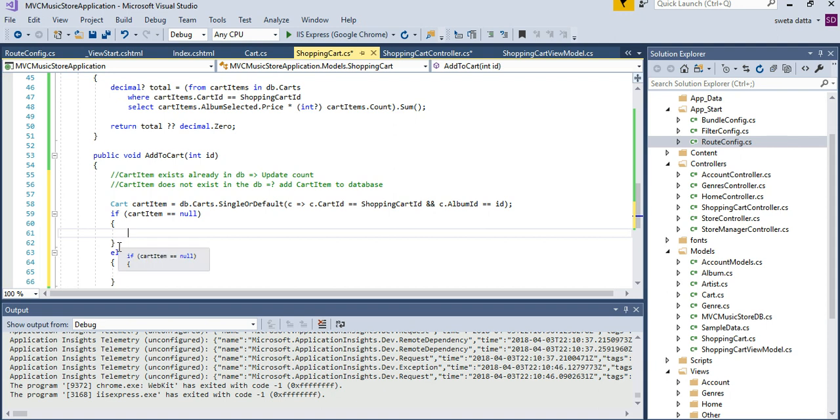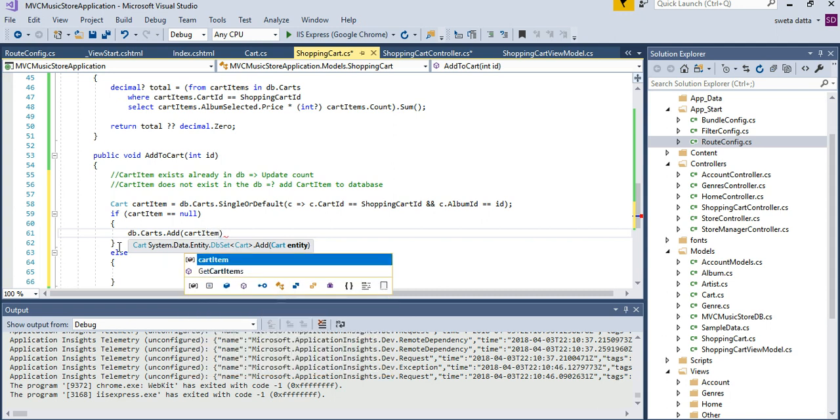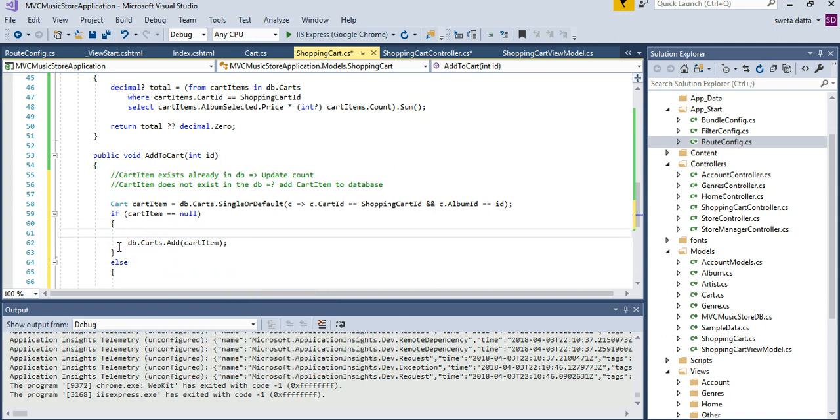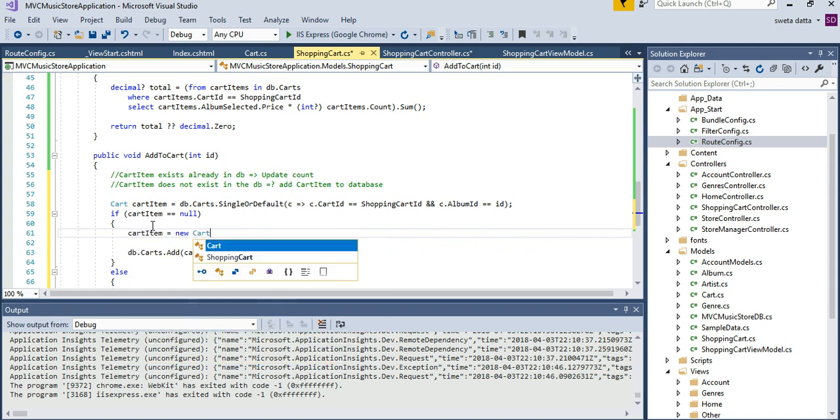So I have to say database.carts.add cart items, right? But before that, my cart item is null. How can I add a cart item that is null, right? This cart item, we just searched for it. It is null. It does not exist in the database. So I have to make sure that my cart item is set to new cart